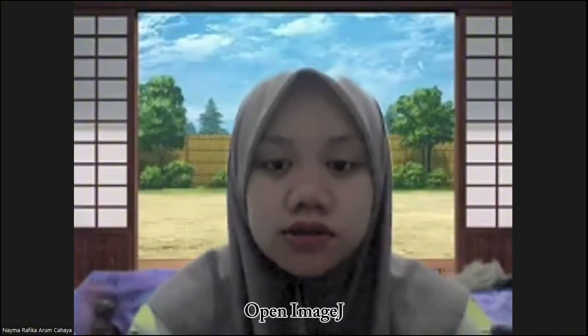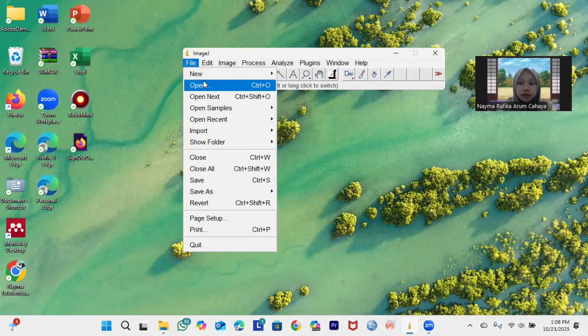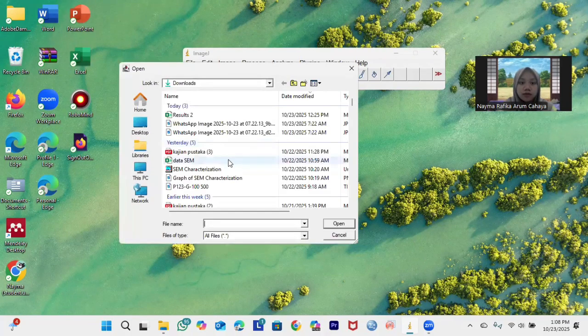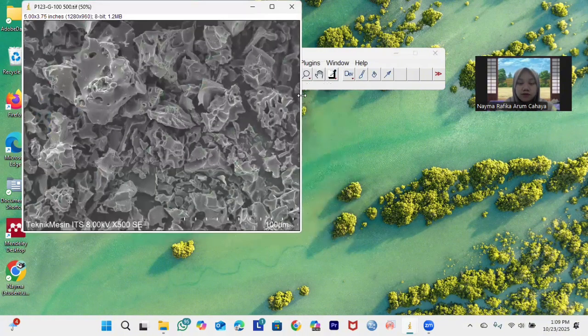Okay, in this part, I will give a tutorial to characterize a compound with SEM. First of all, we must open ImageJ. We click File and then Open, and then we choose the picture that we want to characterize. And make sure the format is